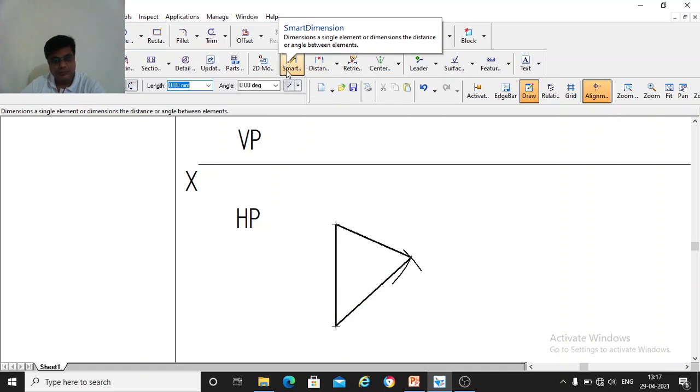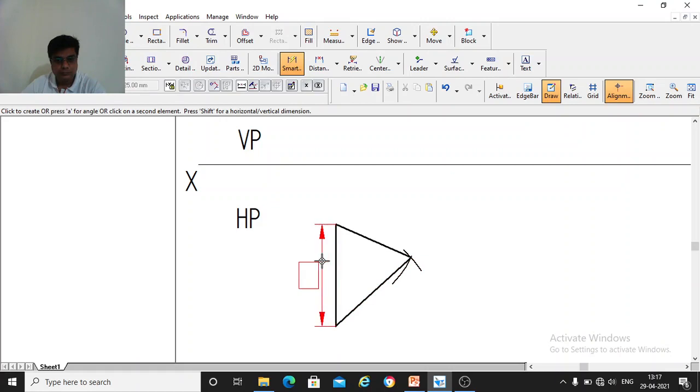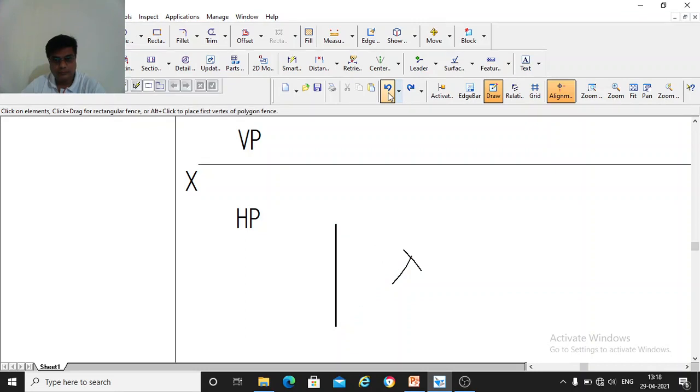One second. Sorry, this is not 25 mm. One second. So once you draw the vertical line, you draw the arc from this end, keep the center here, and draw an arc at 25 mm radius.